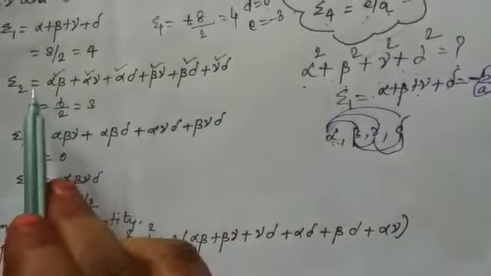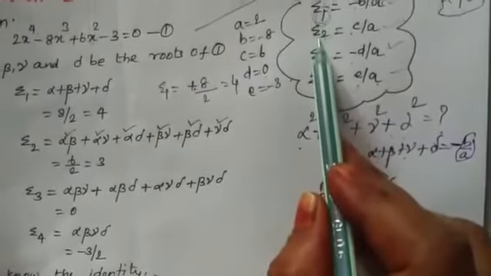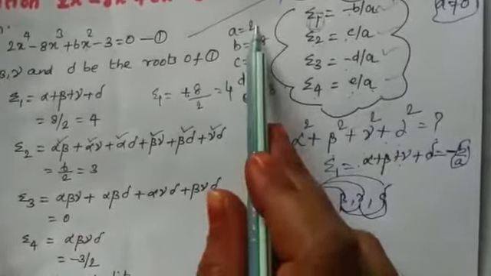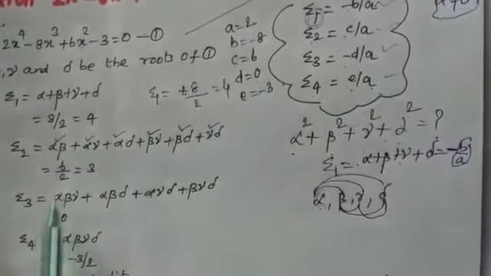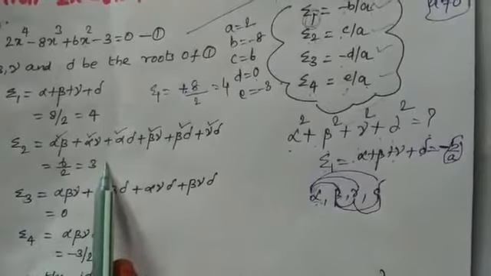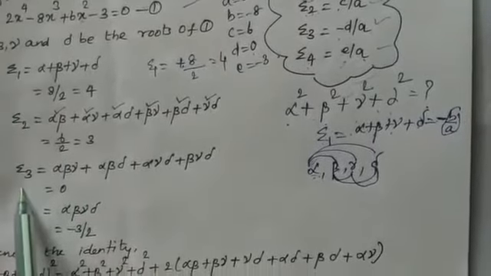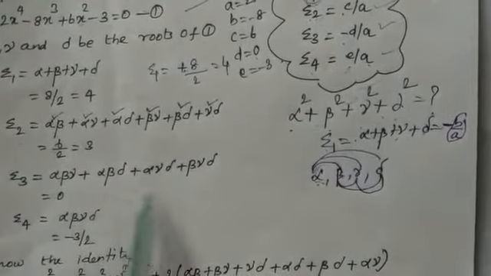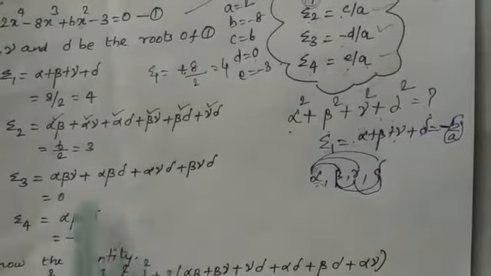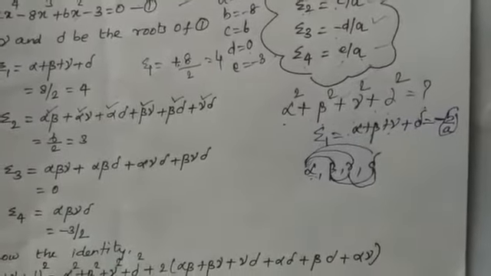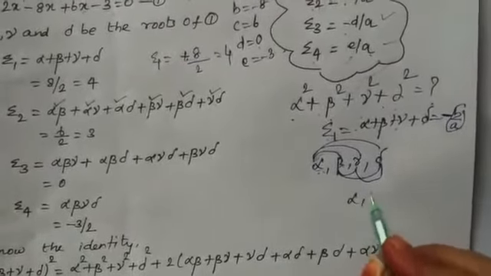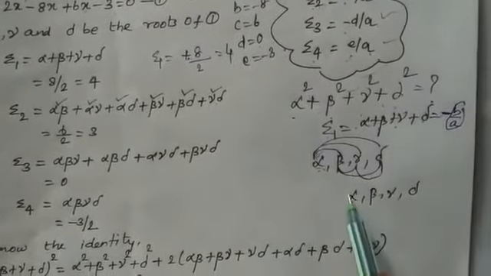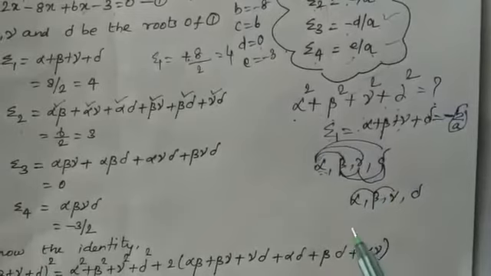Okay, good. So now we know that sigma 2, or summation 2, is equal to C by A. So what is C here? 6. What is A? 2. So positive sign only. So 6 by 2. 6 by 2 is equal to 3. You are writing that. Next, summation 3 or sigma 3. So we know now it is nothing but we are going to take 3 roots at a time. By taking 3 roots at a time, I am going to add everything. In the same way, now we are going to pair. So just listen. Alpha, beta, gamma, delta. If you try, you too can answer. Alpha, beta, gamma, the first possibility.